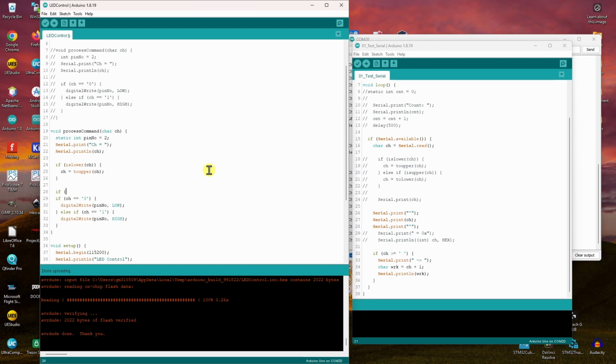So then I'm going to say if character greater than or equal to A and character is less than or equal to, what was our range again? H. Then I'm going to change the pin number